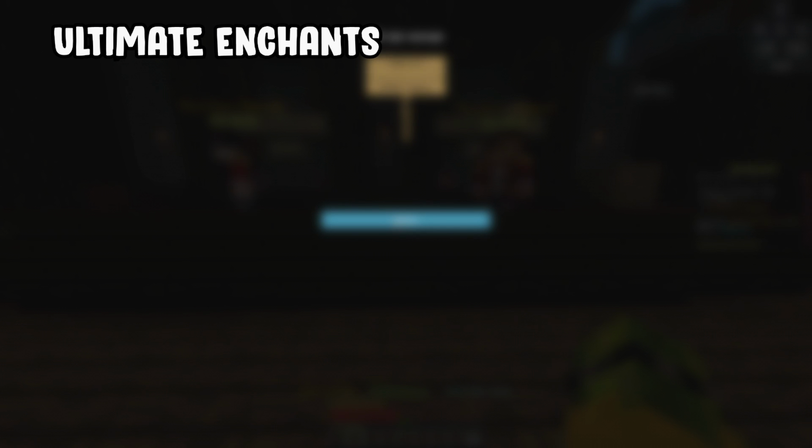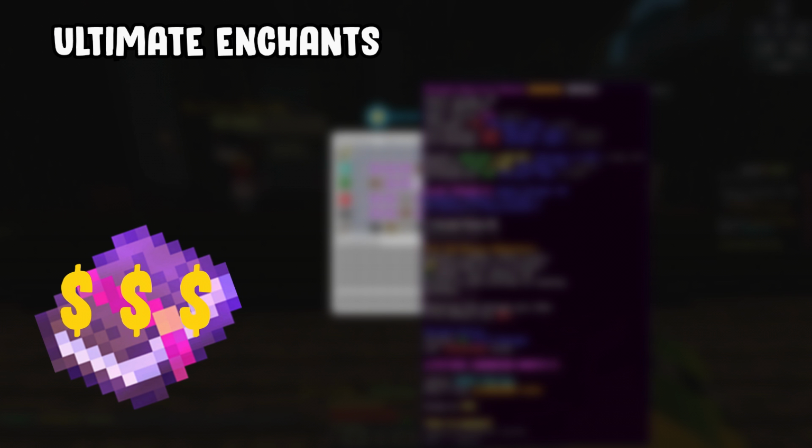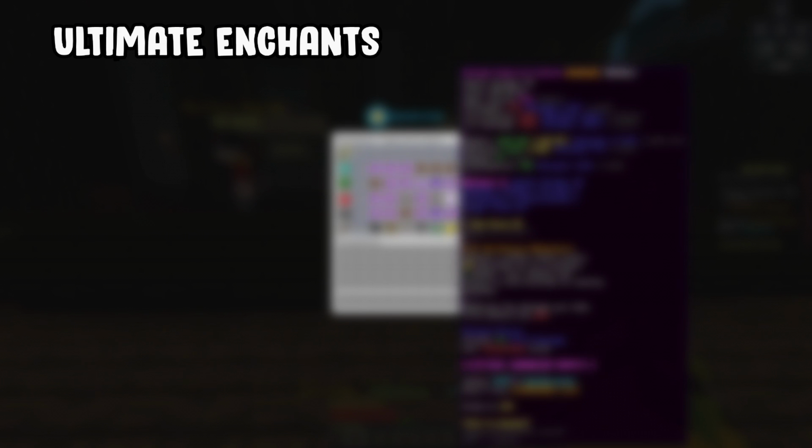The first thing that I'm going to be talking about is ultimate enchants. The main thing you need to know about ultimate enchants is that they're expensive. This means it can increase the price of an item upwards to 1 to 3 million coins. If you get a lowest bin item with max ultimate enchants on it, you'll be making 1 to 2 million